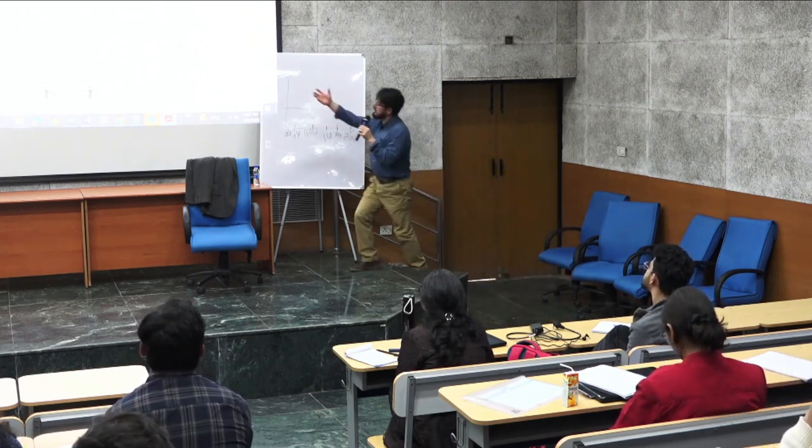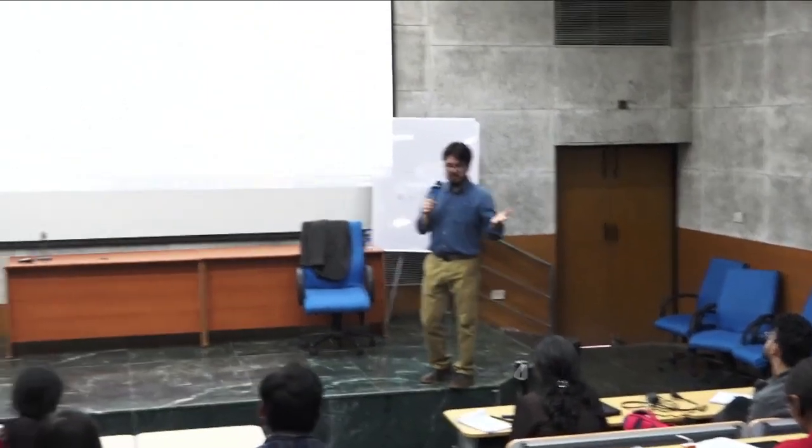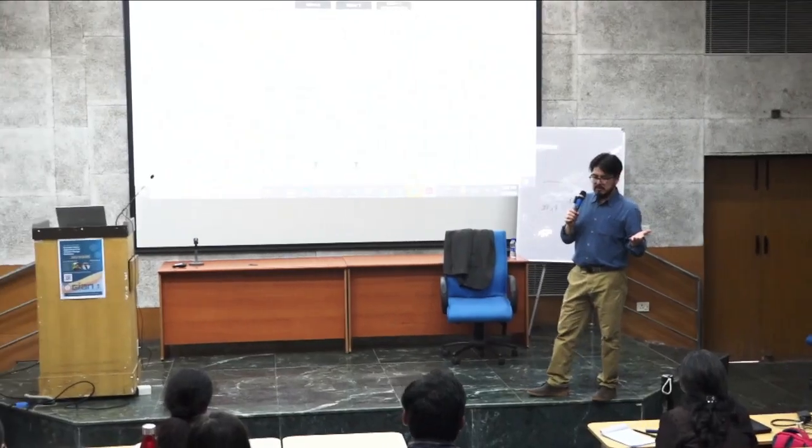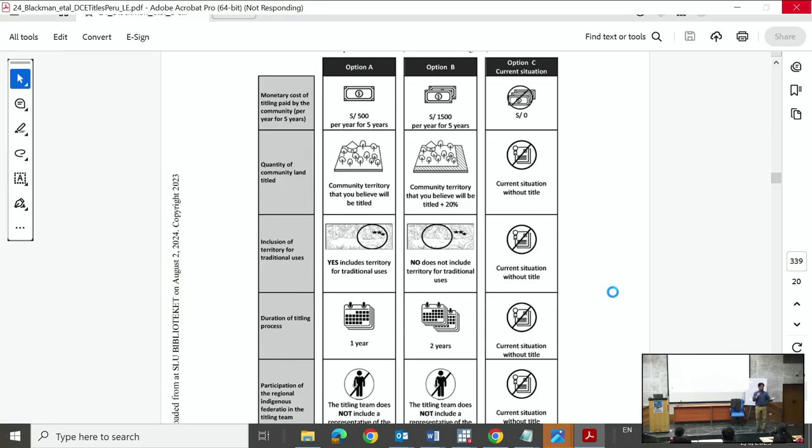The component of whether they will include traditional land, that was an important attribute. The other one, of course, duration. Do you want it in 1 year or in 5 years? Or duration that the process takes. And then an important one was, this one we identified through focus groups. They didn't trust the government too much, so they will want to have, some of them, representative of the regional indigenous federation in the team, discussing the title, so that they had more trust or not